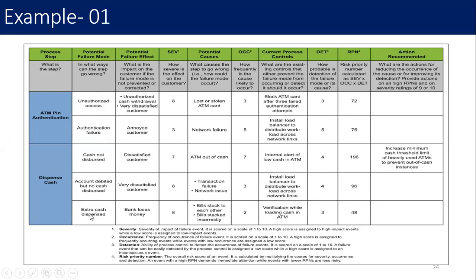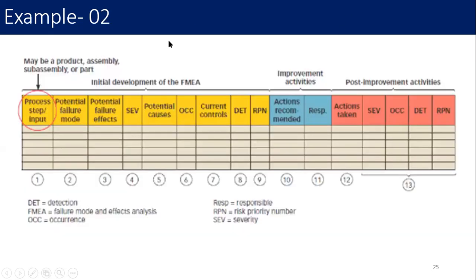Then they have identified different failures, potential failure modes with respect to their process, their company, and their objective. What we have to do is calculate the severity, occurrence, and detection level, and finally the RPN number. If the RPN number is higher, then we have to pay our attention first to these things, right? If it is lower, in here you can see 48 is the lowest one, so we have to consider the 196 one first, then the 48 one last. So the RPN number is very important.